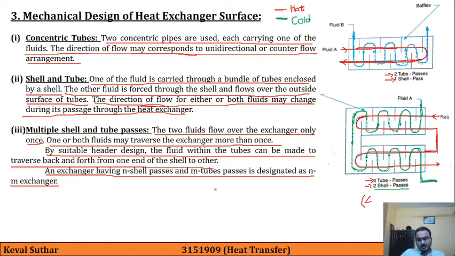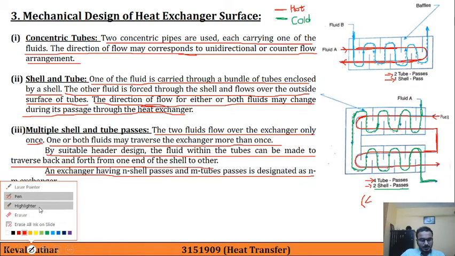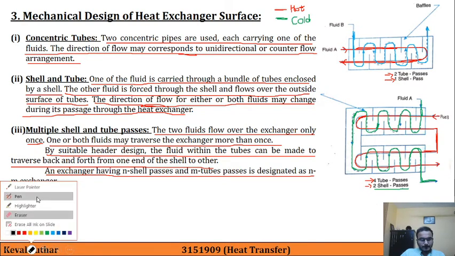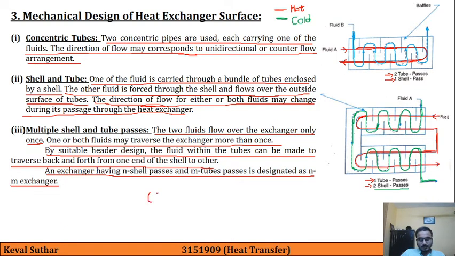and this will be, okay, let me write down over here, it will not be visible there. Here we will have a 4-2 heat exchanger. Sometimes I will refer to heat exchanger as HS.